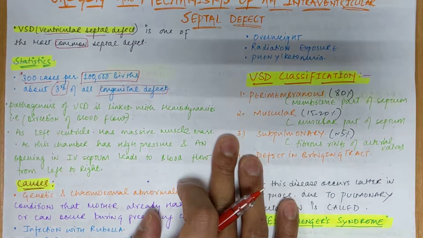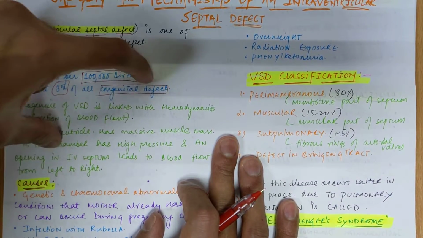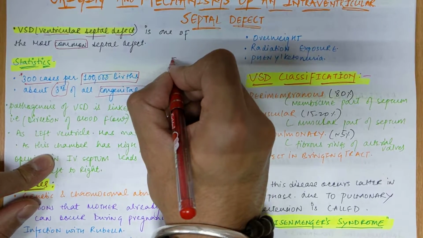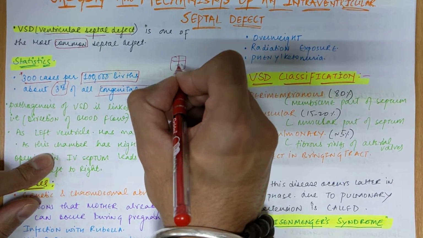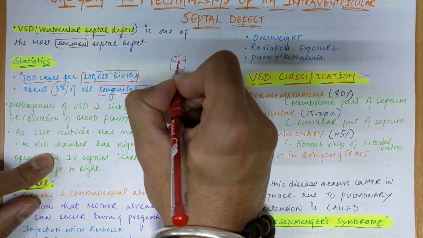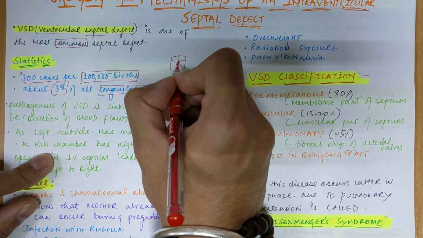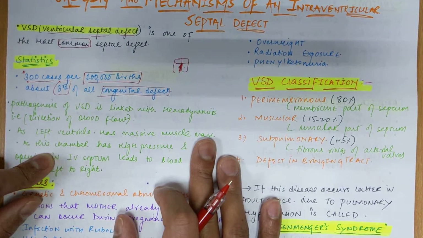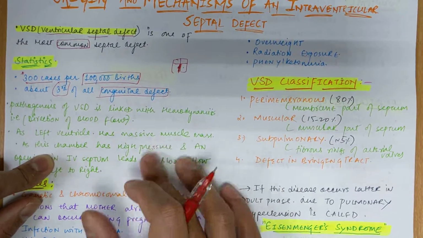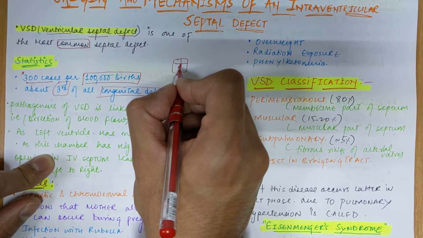In this case there is a septal defect, meaning in the heart we have 4 chambers. You know that the upper ones are the 2 atria and below are the ventricles. In between the ventricles there is a muscular interventricular septum. So if there is any hole or pathology in the newborn, or it is not fully developed during the embryological development of the infant or baby, in that case the opening remains open,